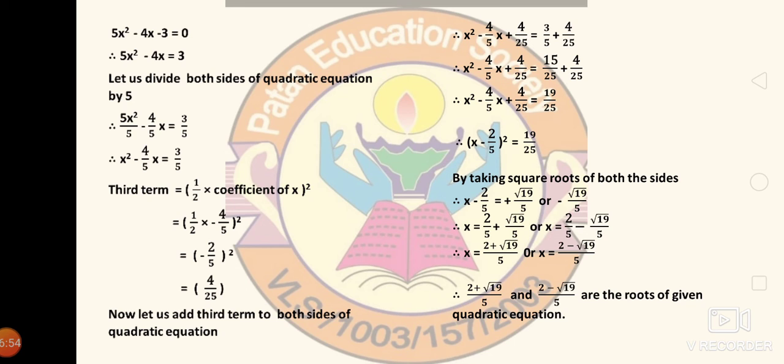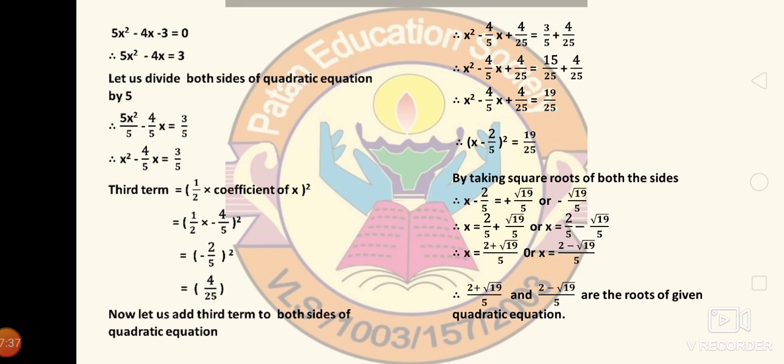Now you already have square terms, so let's take the square root of both the sides. So what will happen? X minus 2 by 5 whole square will have square root equal to x minus 2 upon 5, is equal to, again 19 upon 25 will have a square root with plus minus form. As you can't calculate the square root of 19, it will remain under the root as it is, but of 25 you can calculate the square root, that we have taken as 5. So x minus 2 by 5 is equal to plus under root 19 upon 5 or minus under root 19 upon 5.